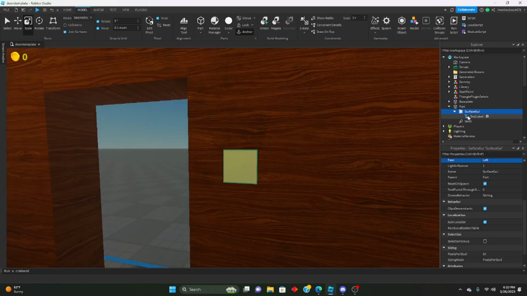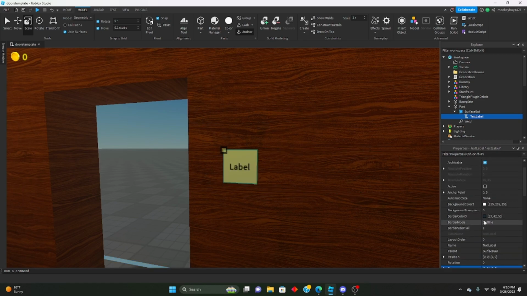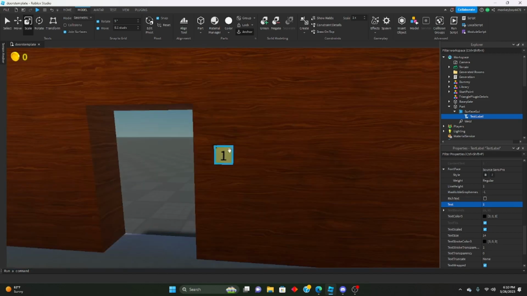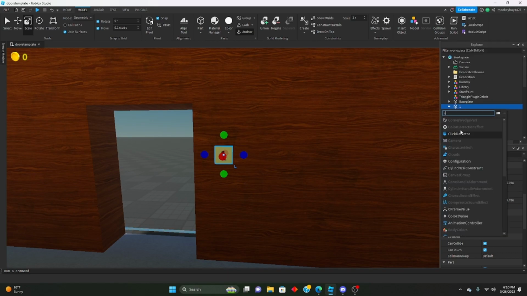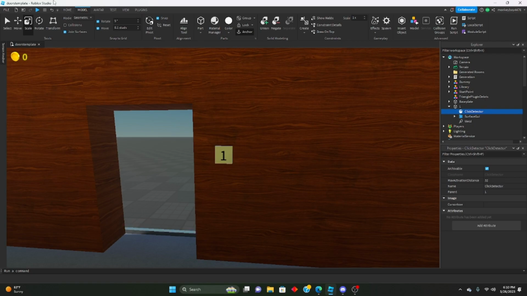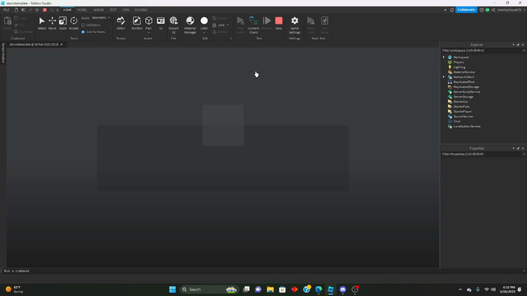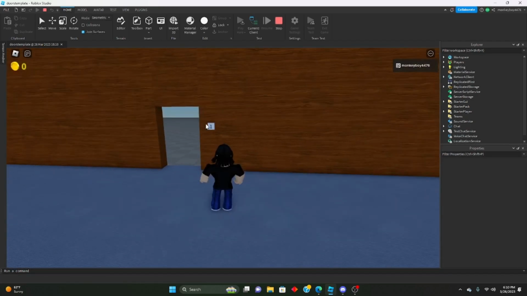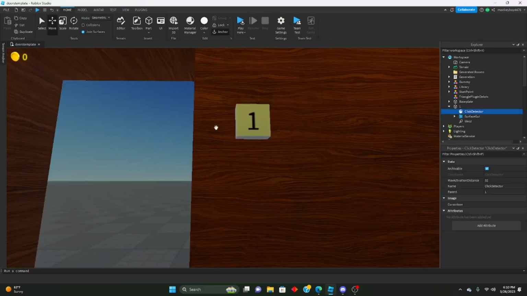It's 1, 0, 1, 0. So that's a 1. This 1, and we will also throw in a click detector. One second, if we hit play here, okay, good, works. All right, so we'll duplicate this,